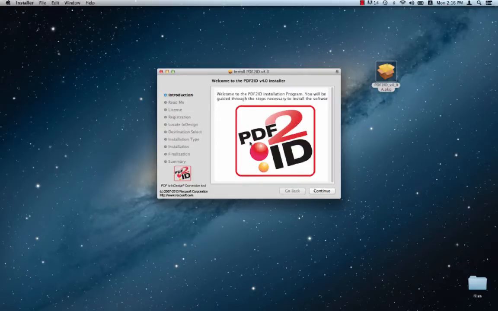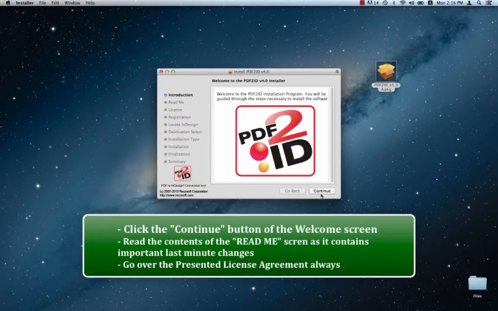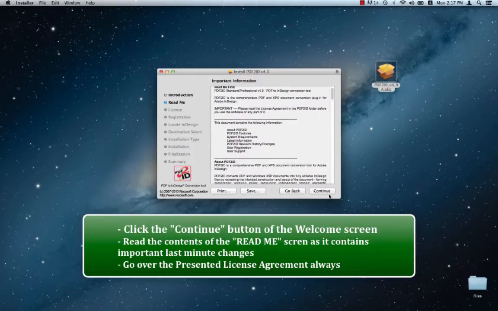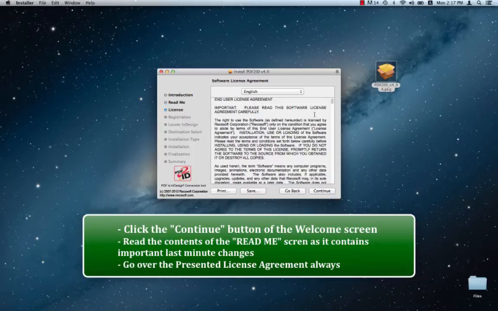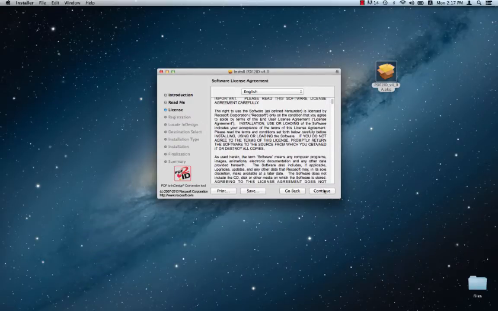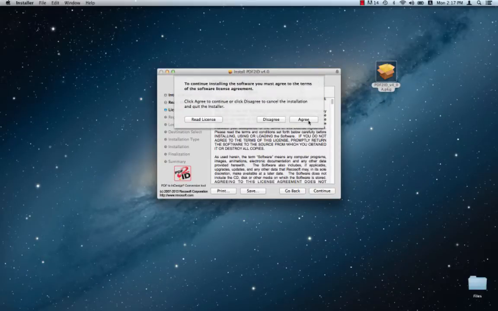Now we get this welcome screen initially, so we're going to click continue. Then we get the README screen, which contains important last-minute and up-to-date information. Again, we just click continue here. Next, we get to the license agreement screen. Please make sure to read this as it clearly explains the licensing terms. For the purpose of this demo, I'm just going to click OK and proceed ahead. So I'm just going to click continue here and click the agree button and say I've read the license agreement